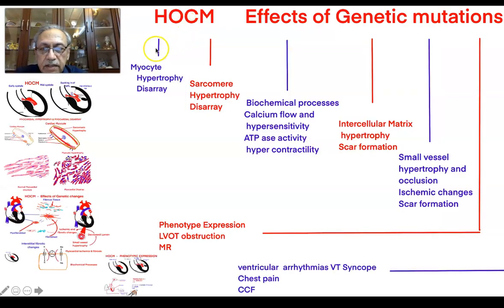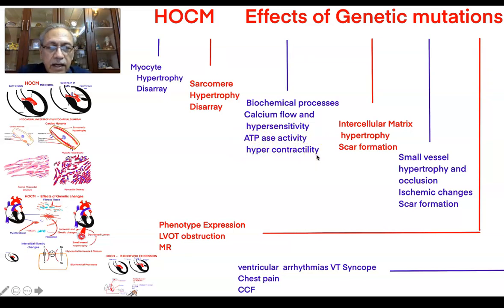Now, these effects are on the myocardium, that is, myocyte hypertrophy is there, and there is disorganization which is known as disarray of the myocytes. Similarly, this is produced by sarcomeric hypertrophy because most of the genes affect the sarcomeres and lead on to the hypertrophy, and they also get disorganized, and this is known as disarray. In addition, this is also associated with a lot of biochemical processes. The calcium flow occurs, there is hypersensitivity to the calcium, there is increased ATPase activity which leads on to